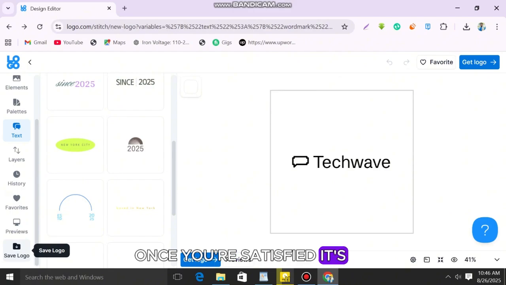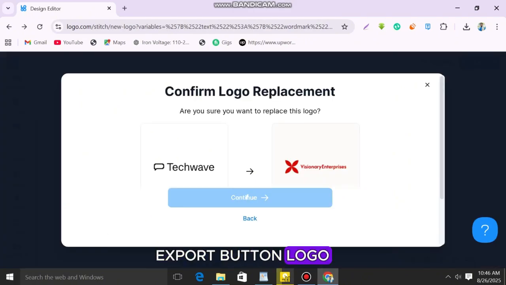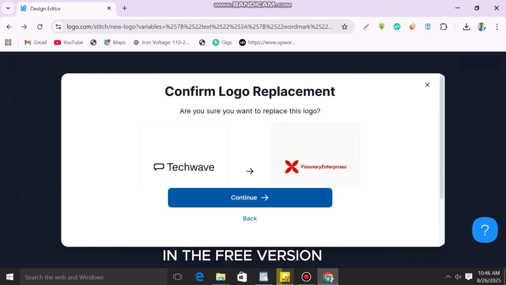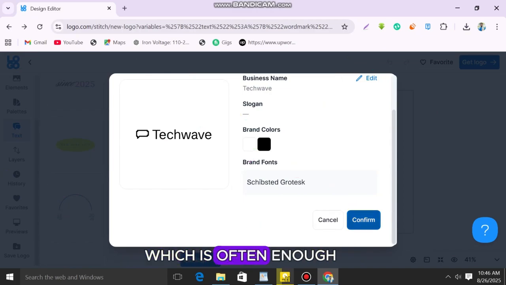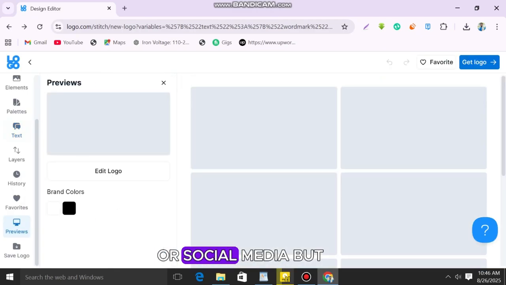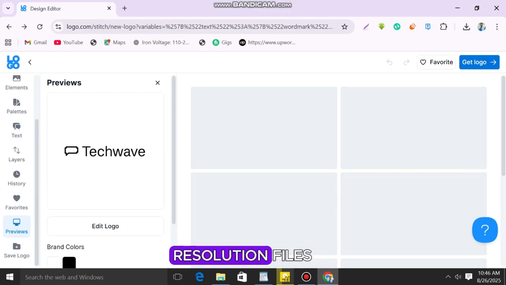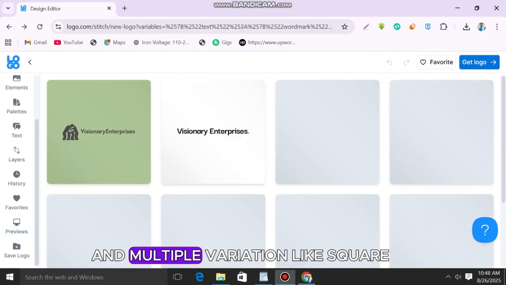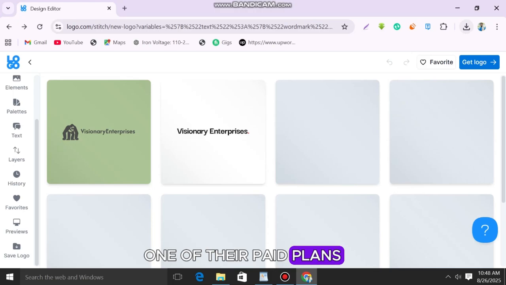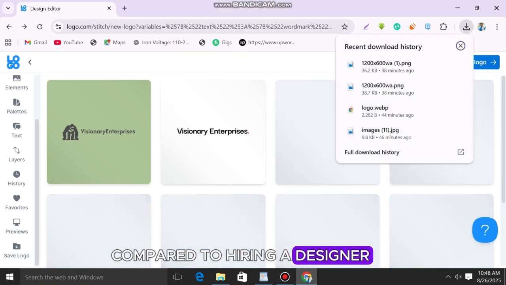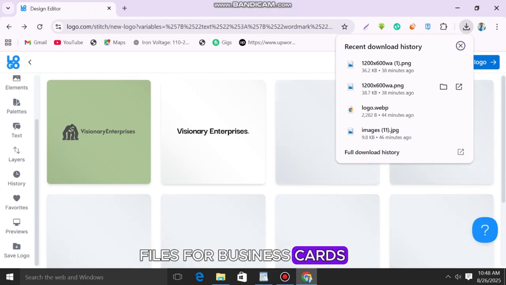Once you're satisfied, it's time to download. Click the download or export button. LALAL.AI prepares your files. In the free version, you can get a basic preview of your logo, which is often enough for personal projects or social media. But if you want high-resolution files, transparent backgrounds, and multiple variations, like square, horizontal, or icon-only logos, then you can consider one of their paid plans. These premium packages are very affordable compared to hiring a designer, and you get instant files for business cards, websites,